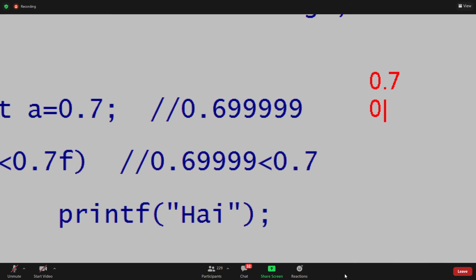Float means 0.7f. Long double, how to write a long double, guys? 0.7l. These are constants. This will store in 8 bytes, this will store in 4 bytes, and this will store in 10 bytes.